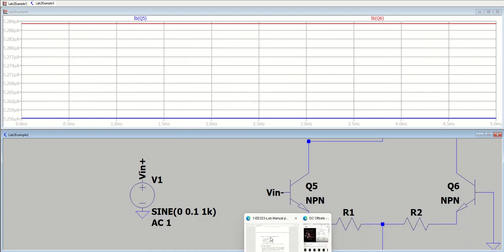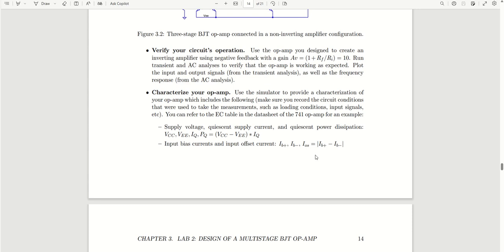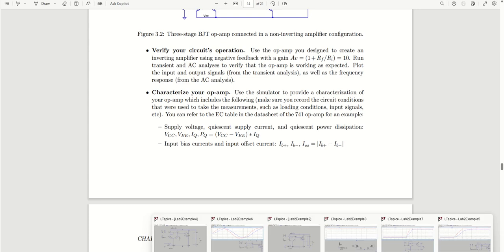So going into the lab manual, we can see now that we have those two values, you can just take the absolute value of the difference, and that'll give you your current offset. Now moving on